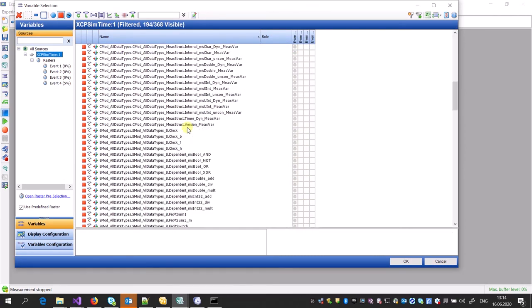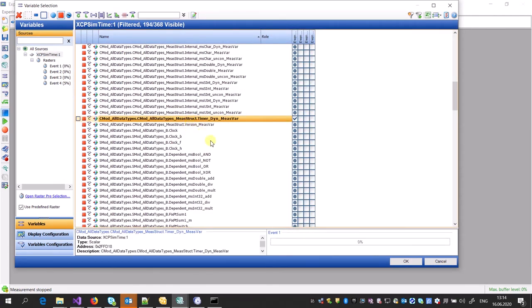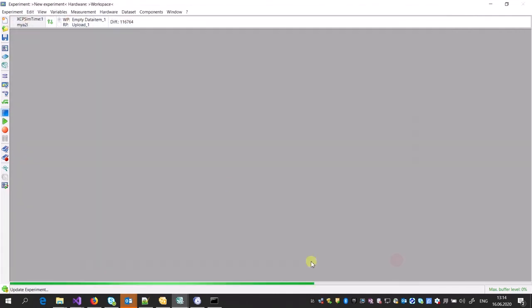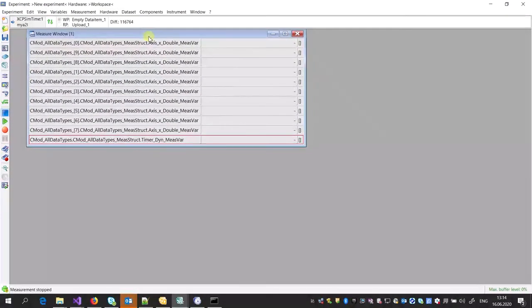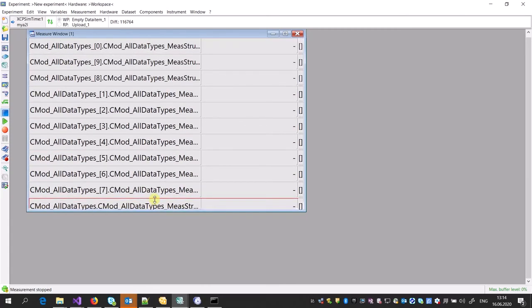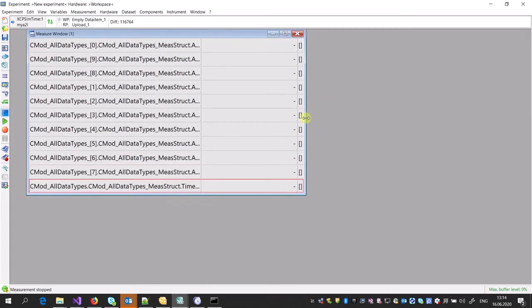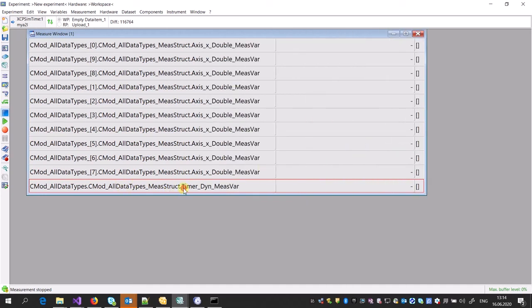I'm going to select another variable, timer dynamic, for example, and I'm going to put it in event 2 or 3, sorry, and then okay. So Inca is going to add all of the variables. This is the time one, and this is the array one.